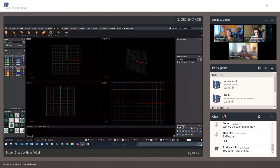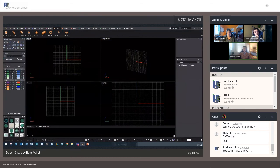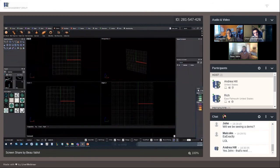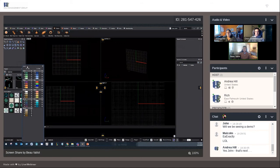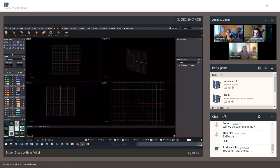We wanted users to feel comfortable in the software. So you're able to adjust the user interface however you see fit. I've had customers say, well, I want the layers over here on the right. Well, if you want them up there, you can now do that. If you want to expand them, you can do that as well. So the possibilities are really endless, and it's really up to you how you want to lay out